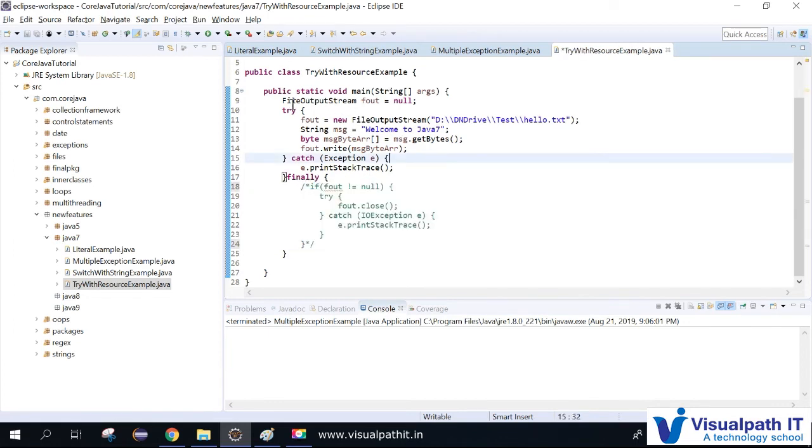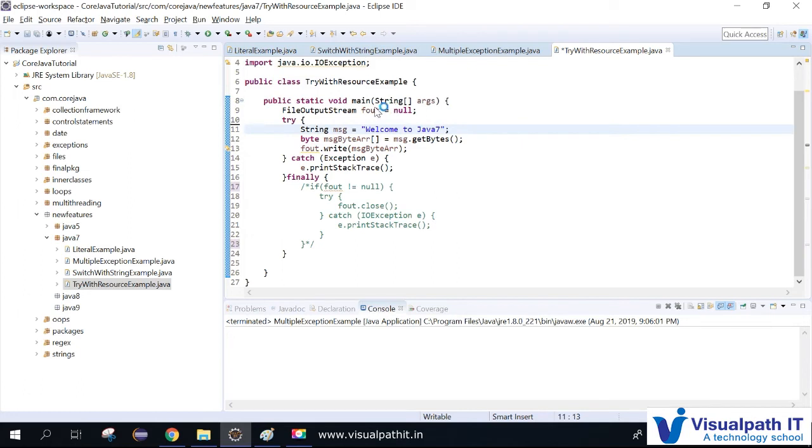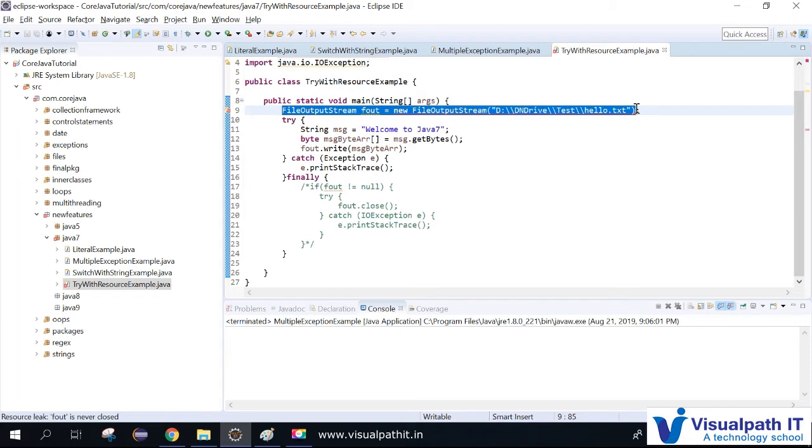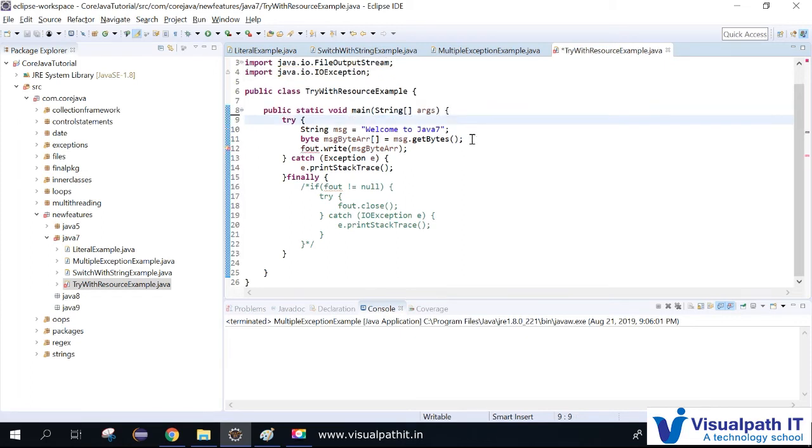And here you will be declaring a file output stream, right? What you have to do is declare it outside, but you should handle the exception. You just cut this code and keep it within the try block.